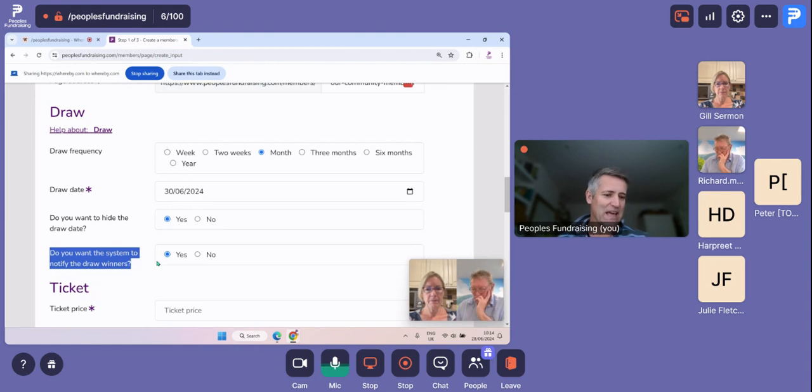Now, they may not receive that email because the supporter may have put in the incorrect email in the first place, or it could be an old email address that the person doesn't use anymore, or they could accidentally have deleted that email, or the email could have gone into their spam folder. So I would generally say follow up the winners,